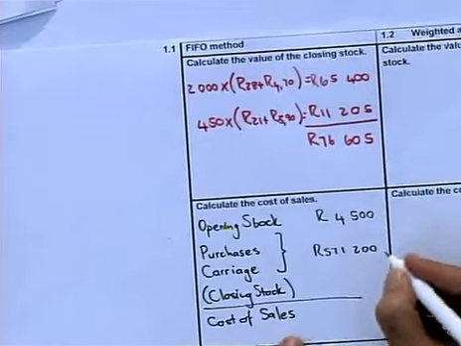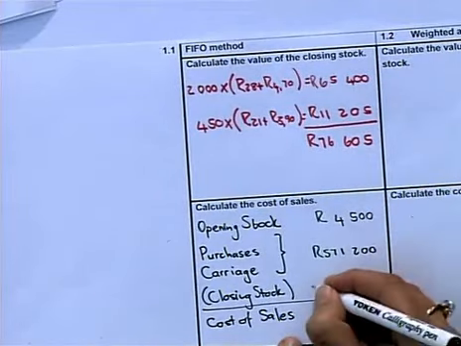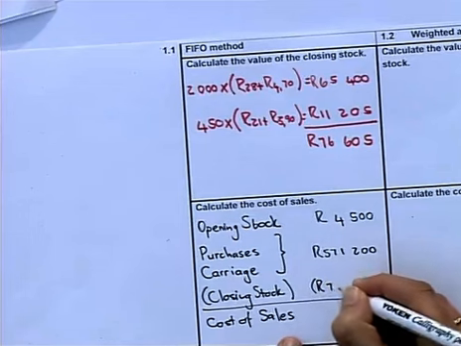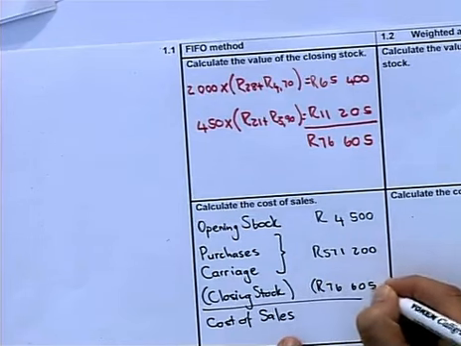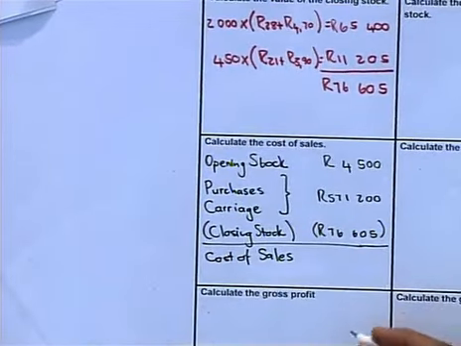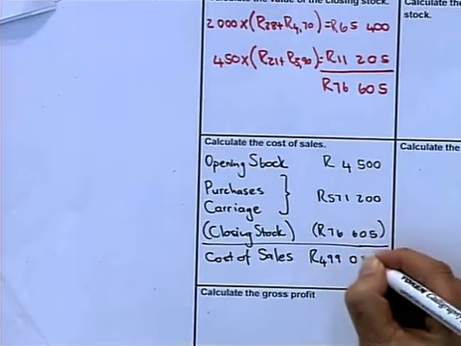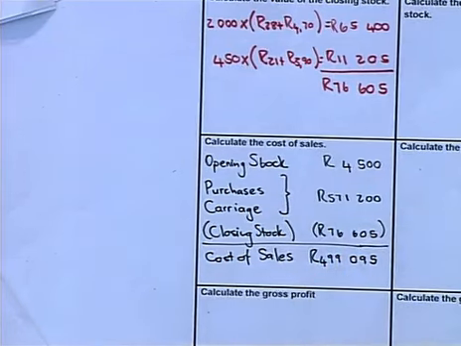And closing stock, I have just calculated there, 76,605. So cost of sales then amounts to 499,095 rand